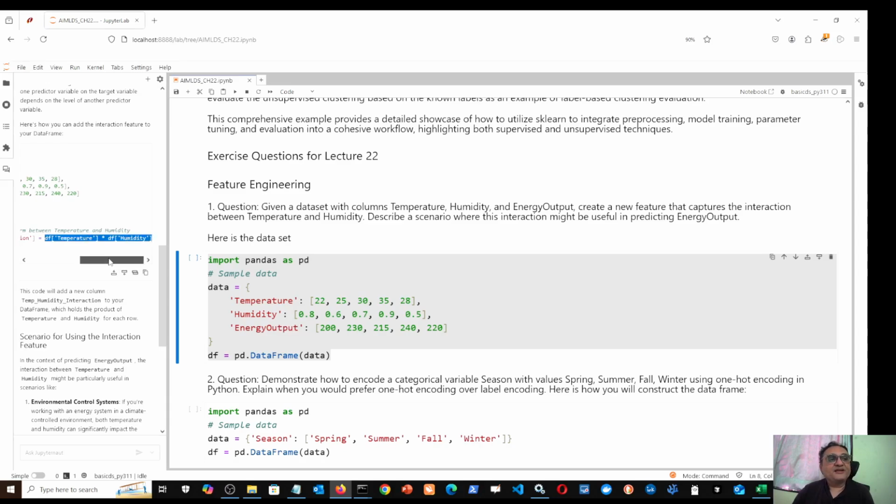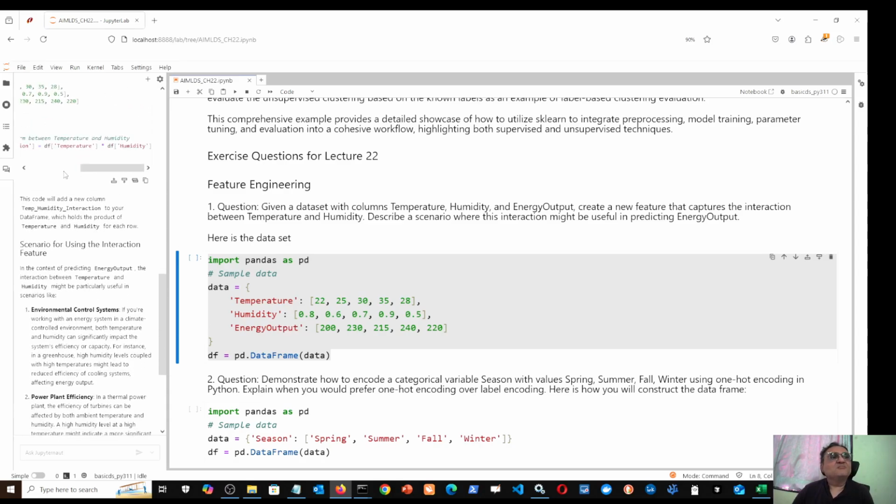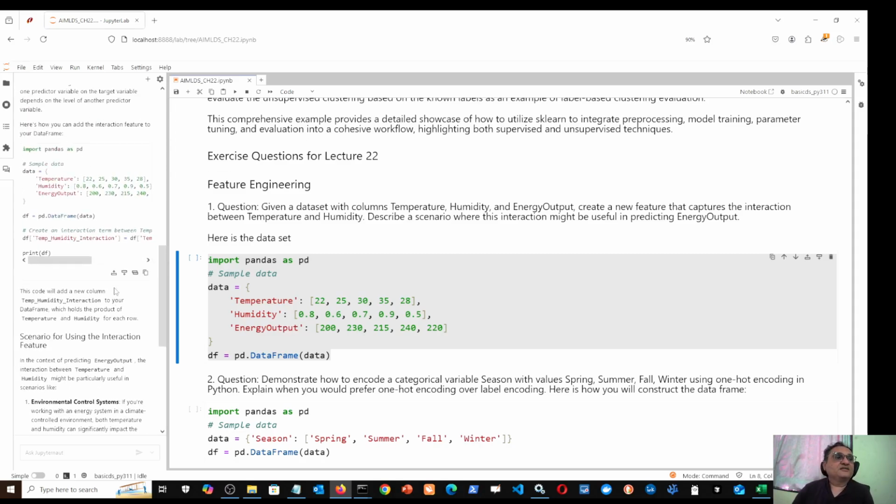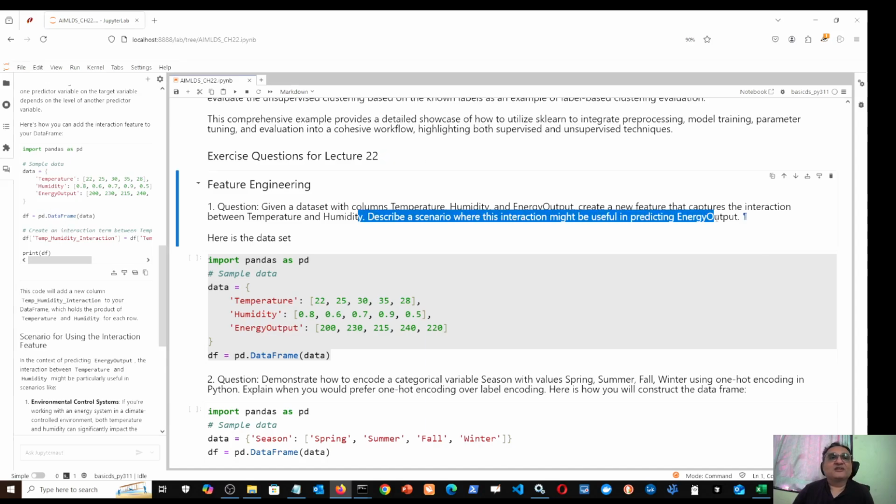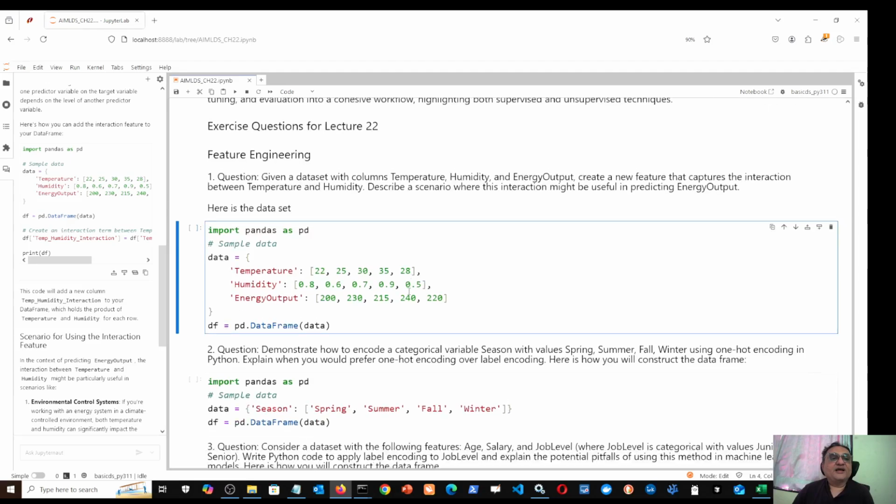As I said, humidity and temperature have totally different units. So plus or minus, addition, subtraction does not make sense, but multiplication does make sense. So you can just take this, because here we are not asked to do anything more than that. They are just asking to create a new feature. So a new feature is created, and I can copy this code to the clipboard, and here below this only